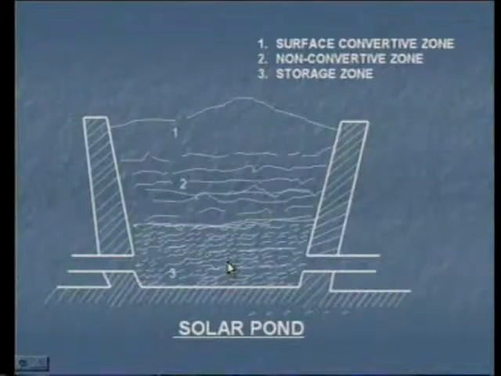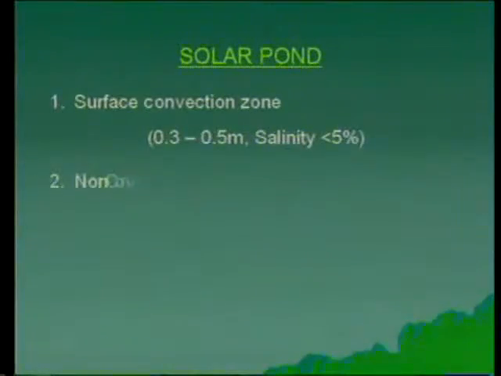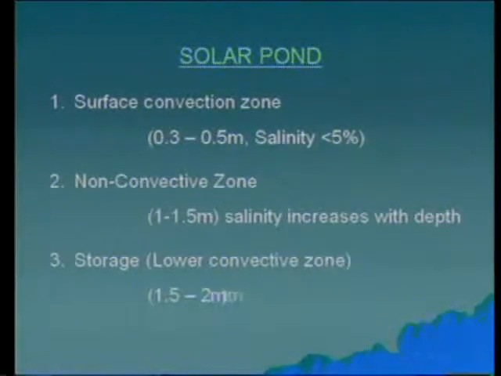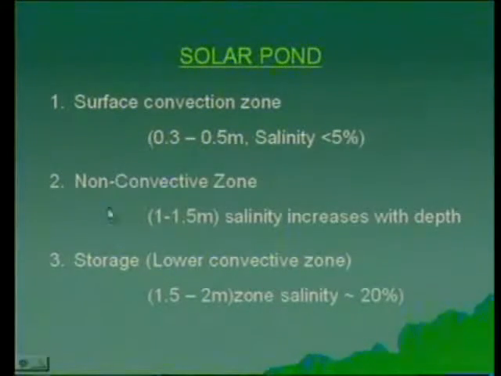By making a solar pond of larger size, it is possible for us to use it for power plants. Now let us have a look. A solar pond has three zones. A surface convection zone, which is 0.3 to 0.5 meters from the top surface, where salinity is less than 5%. The second zone is a non-convective zone, which is from 1 to 1.5 meters from the top surface, where salinity